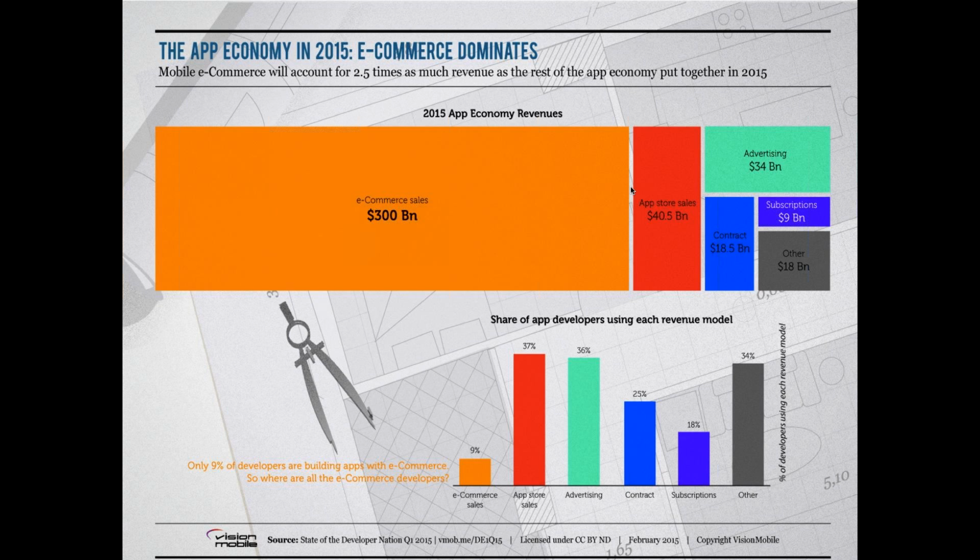This is the picture of revenues. This is a chart showing you the area, and area is proportional to total app economy revenues, and you see literally how big e-commerce sales is as part of the entire app economy compared to the much smaller app store sales. And as I mentioned, everybody talks about app stores and winners and losers in app stores, and developers fighting for the chart positions, but actually we see that the biggest opportunity is in e-commerce applications.